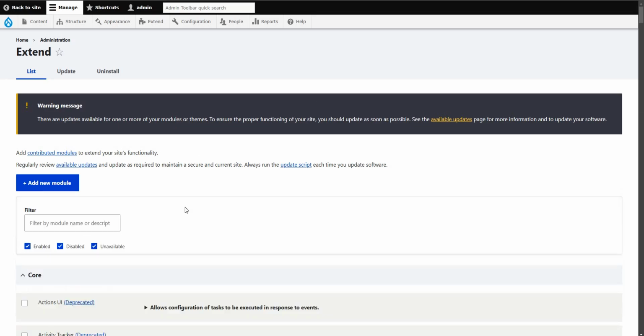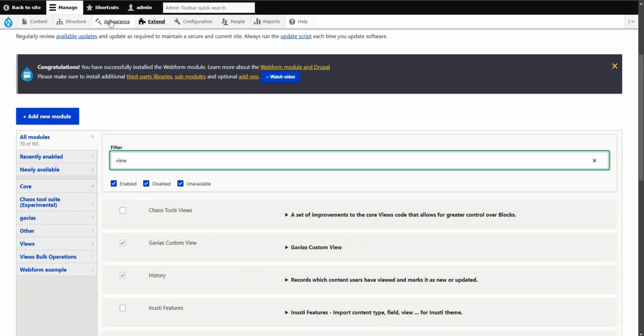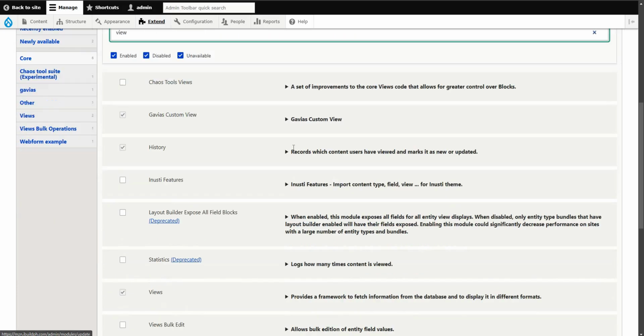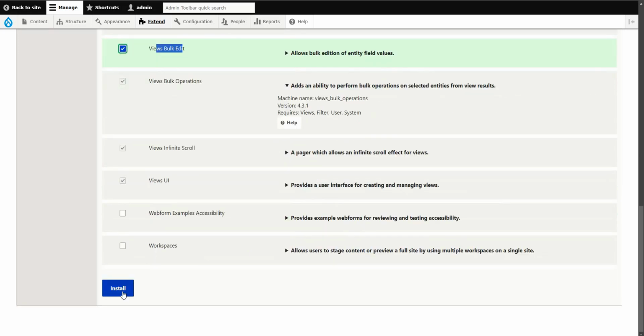So if you did the two, VBO and VBO Bulk Edit, going here, probably in your Extend module listing, you can now see that I have Views Bulk Operations enabled already. Since this is the required module for Views Bulk Edit, you also need to enable that. So enable these two and install or enable. Once those two are enabled,